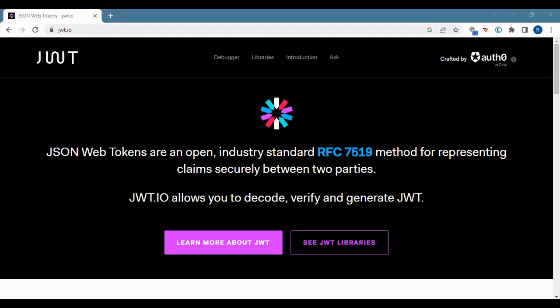So in today's video we'll cover a much awaited topic, that is JWT Authentication and Authorization. I'll explain what JWT is and how we will use it, but before that I'll also cover topics as per